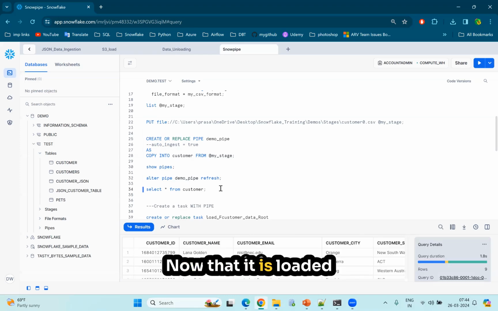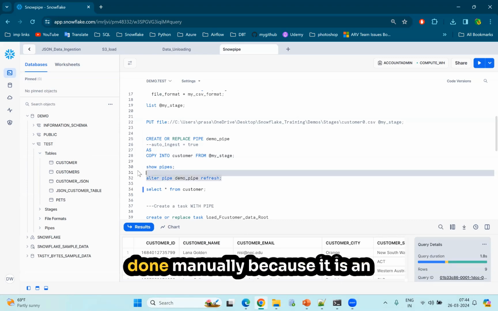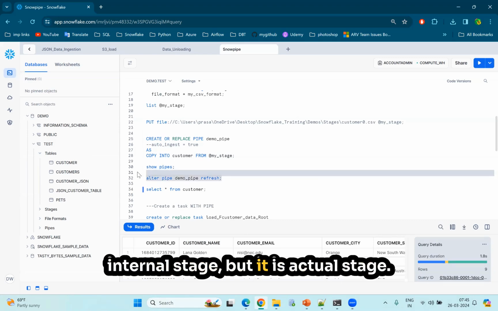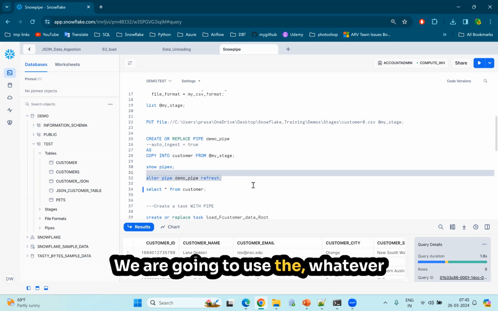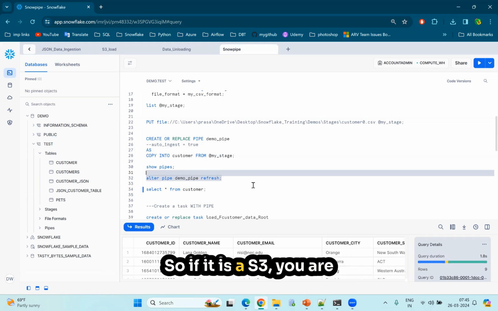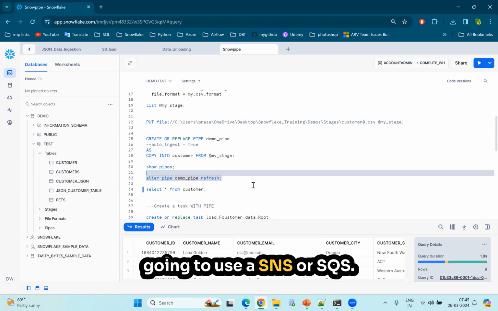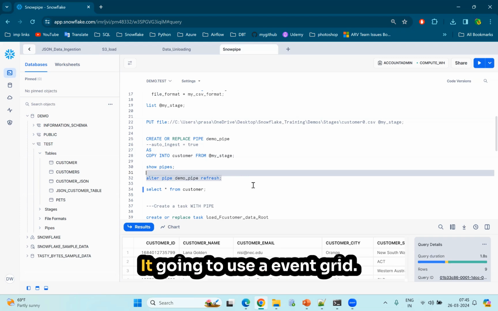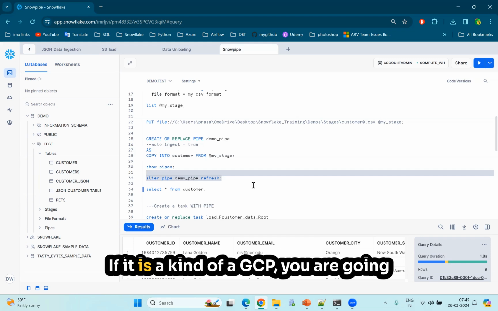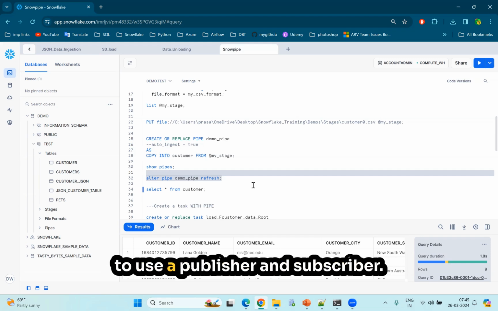Now the data is loaded into this particular table. This refresh I have done manually because it is an internal stage, but with an external stage we are going to use what I showed in the diagram. If it is S3, you are going to use SNS or SQS. If it is Azure, it's going to use Event Grid. If it is GCP, you are going to use Publisher and Subscriber